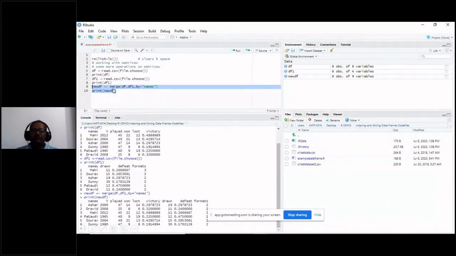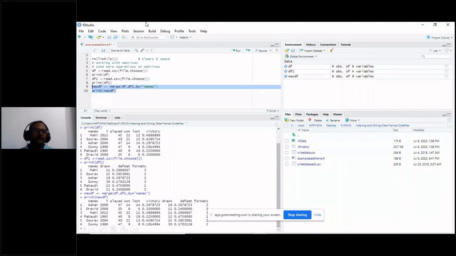Say for example, why I require merging of two data sets is, suppose you have collected COVID-19 data from one hospital, X hospital, and the same type of data you have collected from Y hospital. But the column names are changed. Say different column names you are using, or different symptoms you want to collect from other hospitals. But when you want to combine these two data sets, you can use this particular command, the merge command.